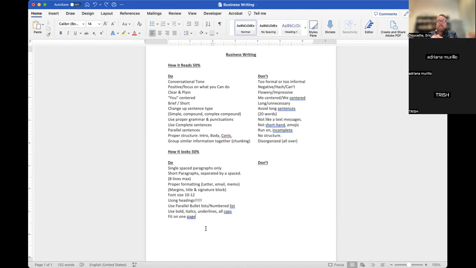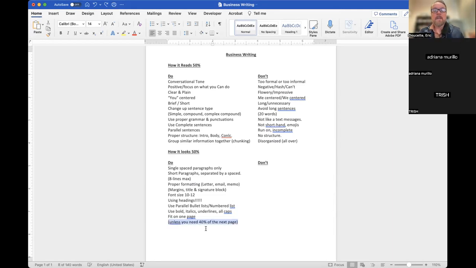So email doesn't matter because it's not a document, but a memo or a letter should always be centered in the page vertically. So if it's all up towards the top, it's not centered, or all down near the bottom, it's not centered. It should fill the page one way or the other, or be right in the center of the page. You keep your headings and everything at the top, but then you tab down or space down your document so that it sits in the middle of the page.